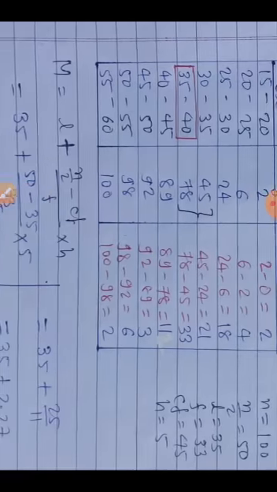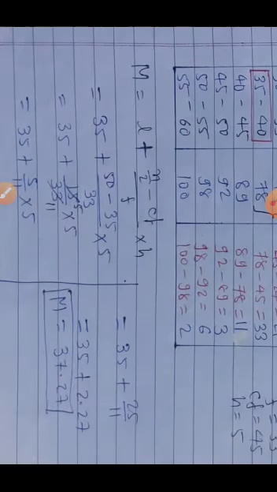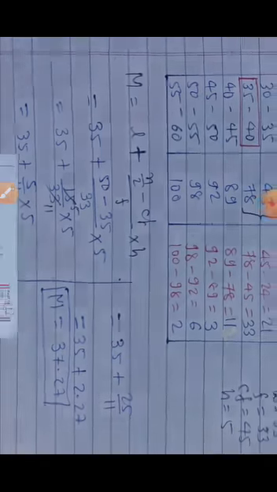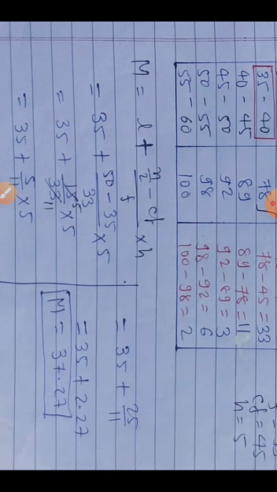Now you know the formula of median. So the formula is written and all values are placed. Then simplification is done, whatever cutting is needed, then multiplication, then the second term is converted into decimal form and added to the first term. Here also, like in other videos, we do not include the first term in the calculation. We only simplify the second term and then add it to the first term. So the answer we got is 37.27. That you already know.